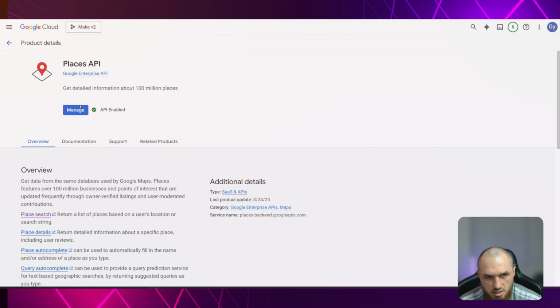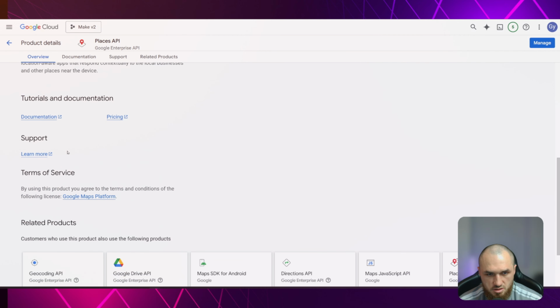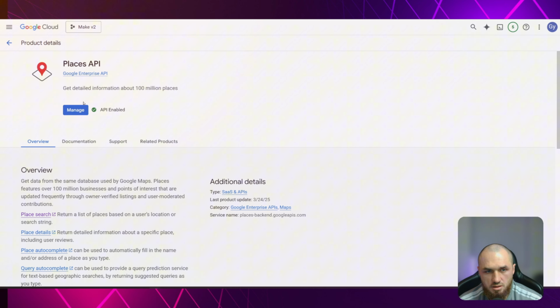You can click Places API, and here you're going to see Enable, just click Enable. When you click Enable, it's going to want you to put your card details, but don't worry, it's not going to charge you any money. This is just for their checks. Until now, I haven't been charged anything from this Places API, so I'm using it completely for free. There are some limitations that you can see on the documentation, but when you enable it,